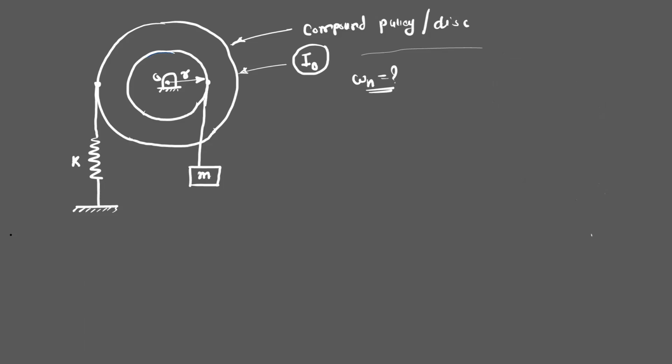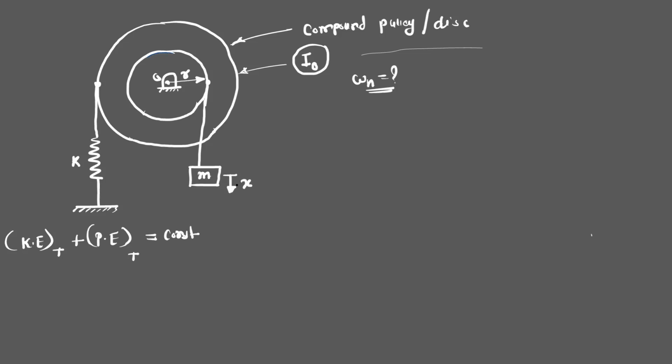For the energy method, we have this equation: the total kinetic energy plus its potential energy will remain constant throughout the vibration. Now we have to imagine how the system is going to oscillate or vibrate. Just imagine we apply some force on this mass. Try to imagine we pull the mass m in the downward direction by applying some initial force. It will undergo some deformation x or displacement x.